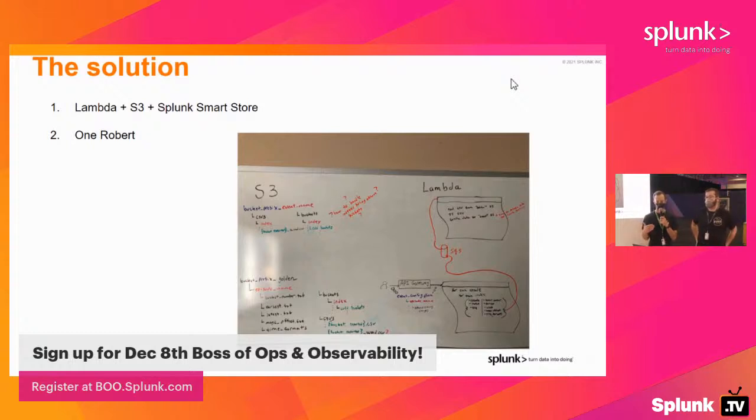So now what we're able to do is take each of the data sets from one place, from one server instead of many, and process them almost with infinite scale using Lambda. So instead of maybe running 64, 128 processes simultaneously, we're able to run thousands, tens of thousands. Once the data is then processed by Lambda, it gets stored back in S3 in a proprietary Splunk format we call Smart Store. So now hundreds of Splunk servers can all access that data simultaneously and without any latency.